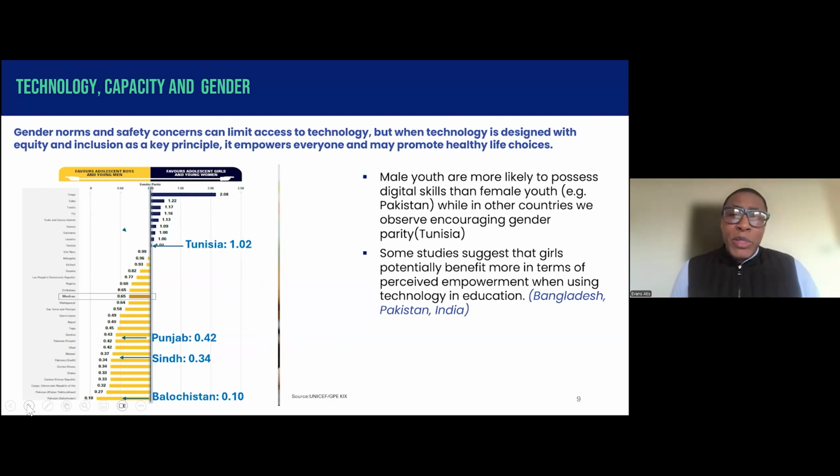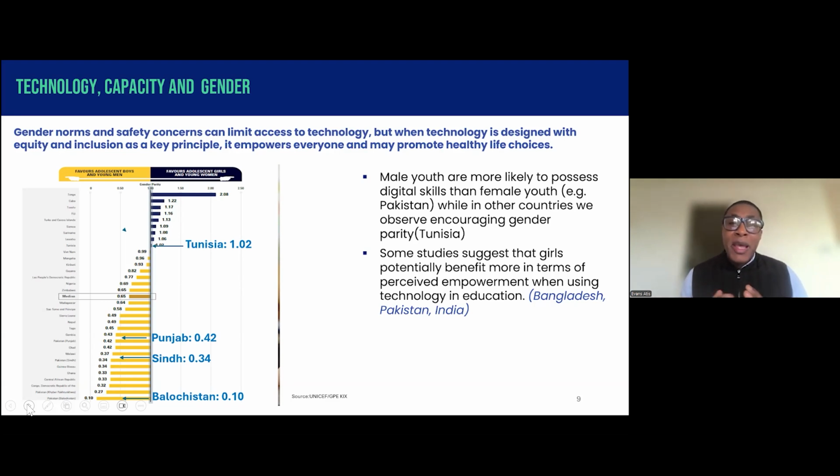Now, because we want technology to work for education, what is the capacity, and do we have equal access? Most of the time we see that gender norms and safety concerns can limit access to technology. However, when technology is designed with equity and inclusion as a key principle, it has a chance to empower everyone. We've seen in the numbers that male youth are more likely to possess digital skills than female youth. For example, in Pakistan, the gender parity index is very low in places like Balochistan or Sindh, while Tunisia is a good example with a great level of gender parity,